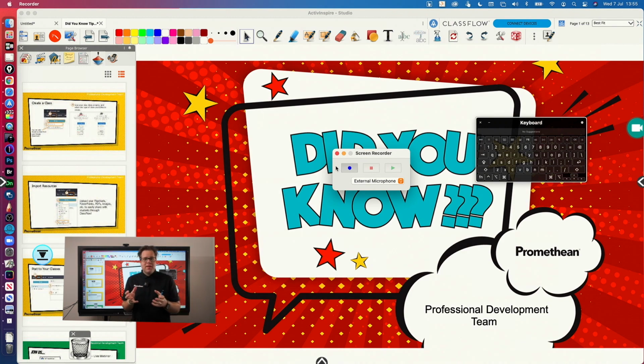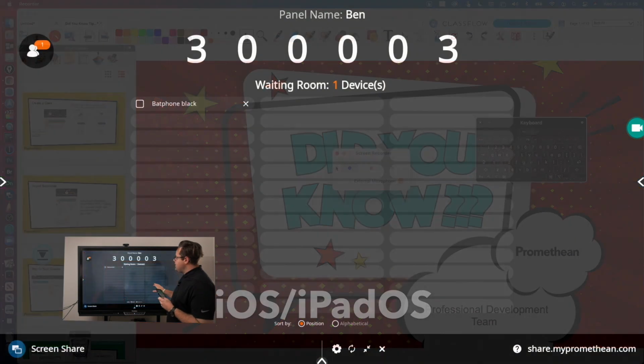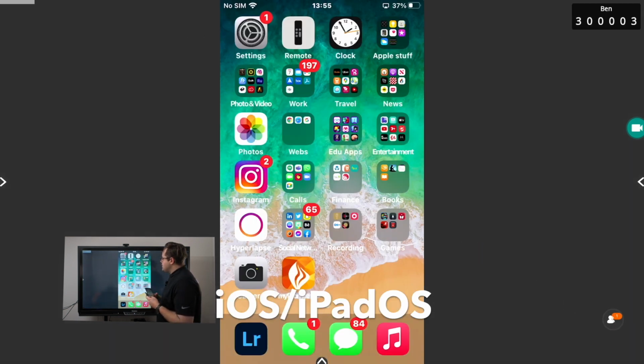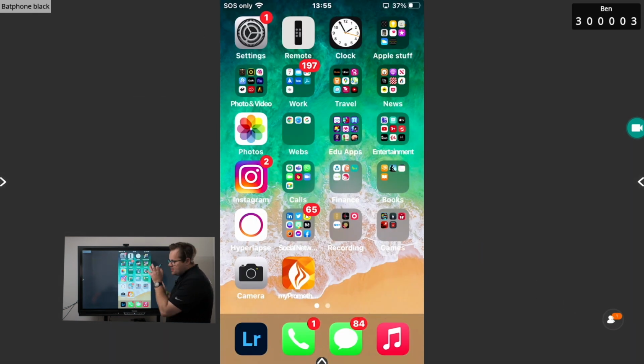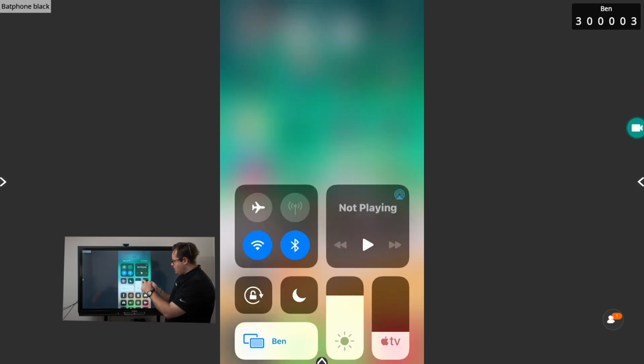Okay, so keeping with the Apple theme, I'm just going to swap over to my iOS device. I've just got an iPhone here, and I've got that connected to Screen Share. If I bring that up on the screen here, yes, you can download apps to screen record in iOS, absolutely. One of the things I want to point out is that there is a screen recorder built into iOS devices too. So to get that on my phone, I swipe in,